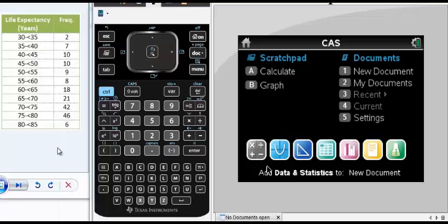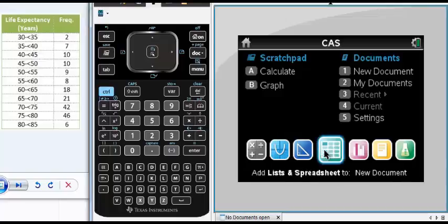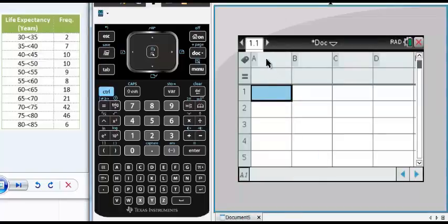So first we will enter this data in this CAS calculator. To do so, we'll take a data sheet and we'll give this title life expectancy and another column title as frequency. Now when we are entering the data, we will not enter the interval, we will enter the midpoint of